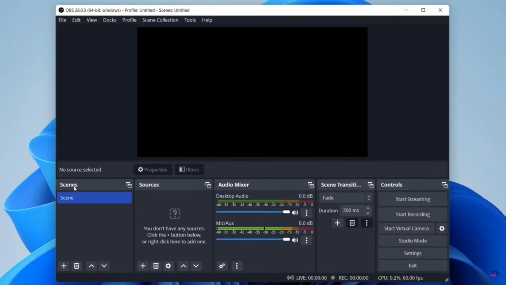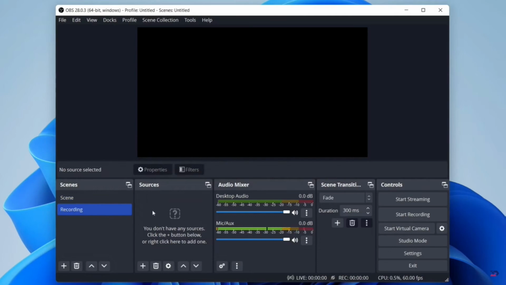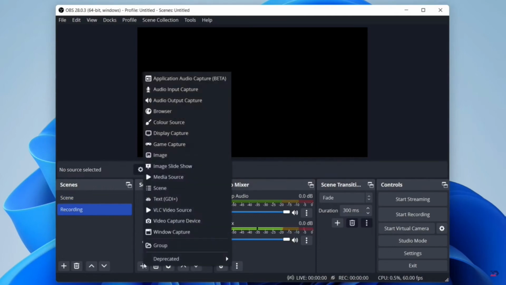Quickly show you how to use scenes and sources. So we've already got a scene here, but you can create a new one by pressing this plus button and then naming this. So I'll name this recording, just like so, and then press OK. And then under sources, press the plus button, and this is where you can add things like your webcam and your display capture as well. So select display capture,